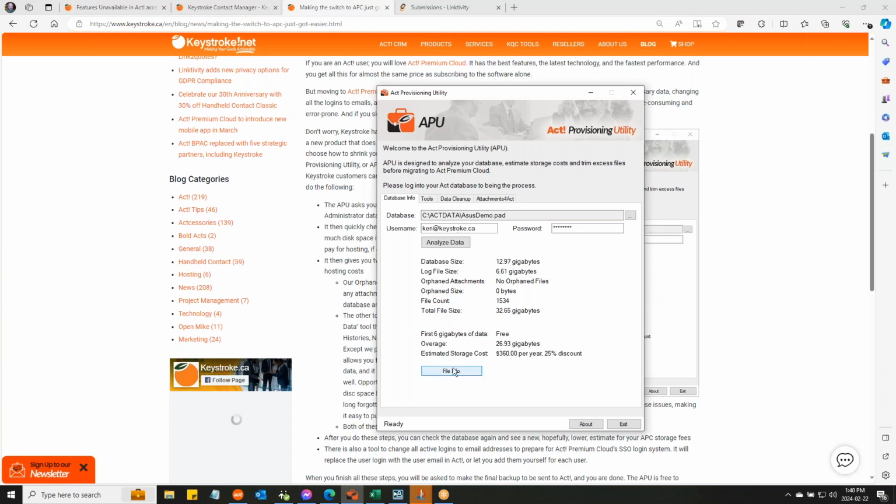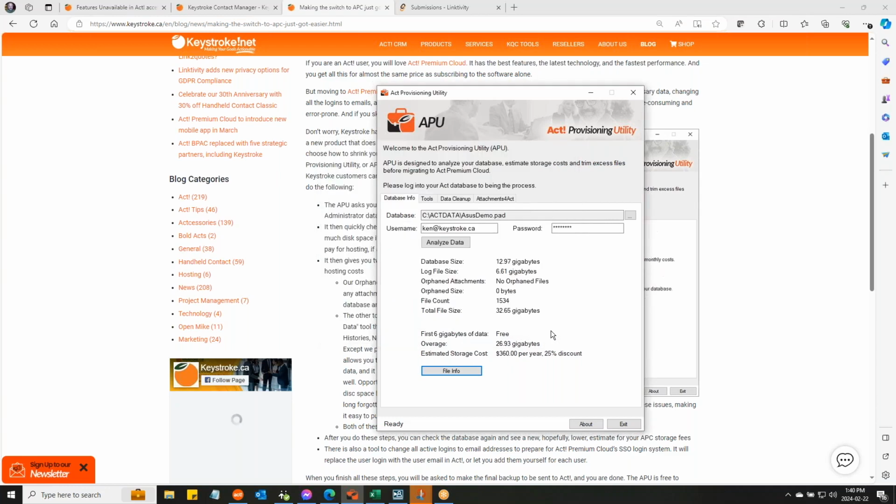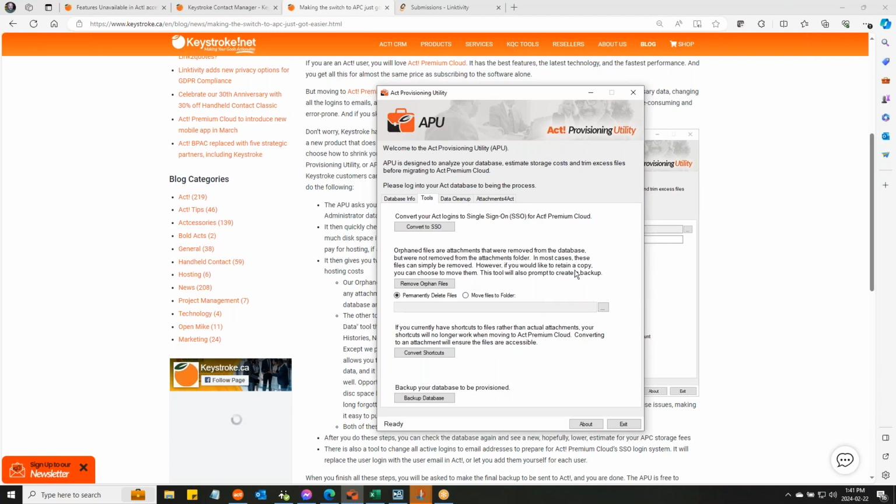So I'm going to click on File Info, okay? It's going to give me a more detailed forensic breakdown of all the different storage within the database. But now it's like, okay, well, maybe I don't want to pay $360. So let's look at some of the tools that are available. I'm going to click on Tools. Now, we're going to come back to this top part, but the first part is